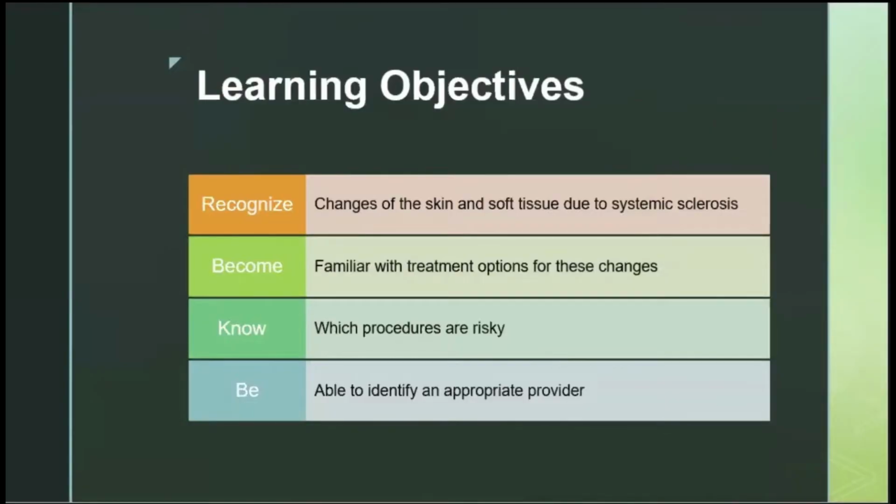One other bit of advice to remember as we get started is that because systemic sclerosis and morphea or localized scleroderma are both rare diseases, there's not a lot of studies in this space. So nothing I'm going to talk about is well studied, say in hundreds of people with a lot of information. A lot of what I'll be going over with you is how I think about this and how I talk to my patients, and we think about these things together, so you can think about risk versus benefit for the procedures